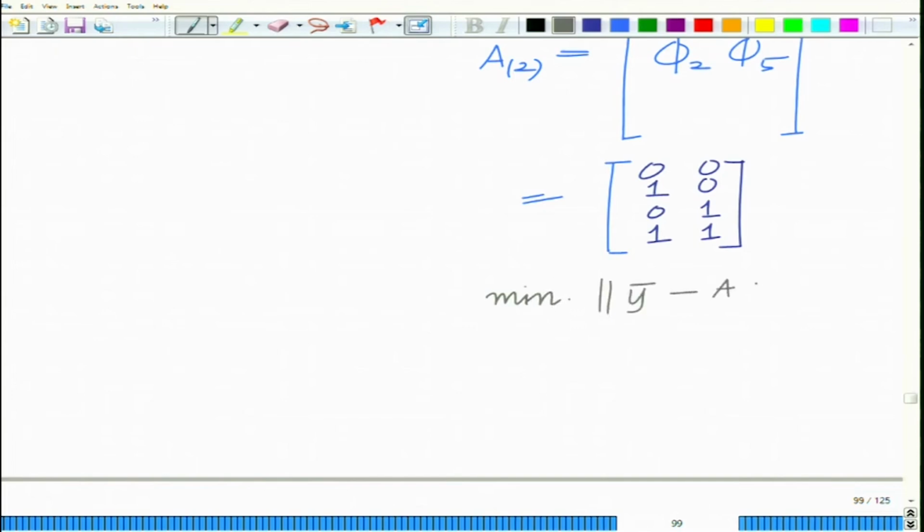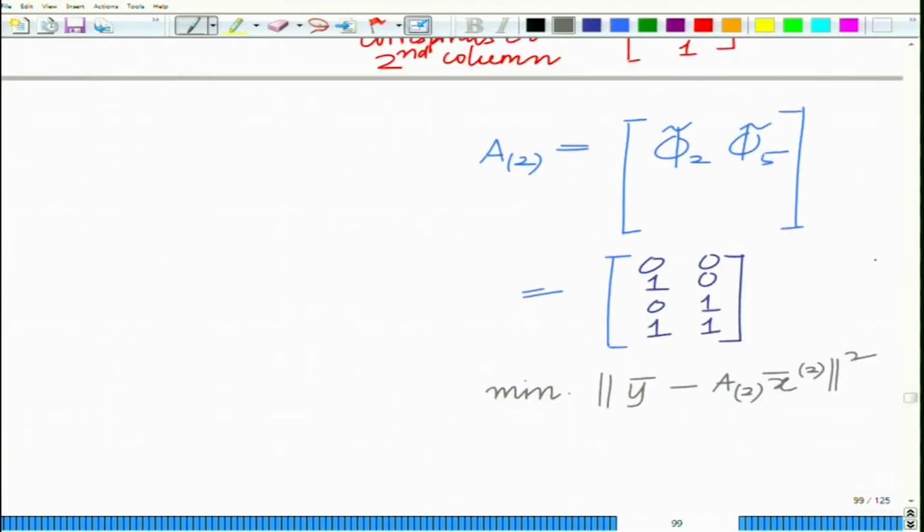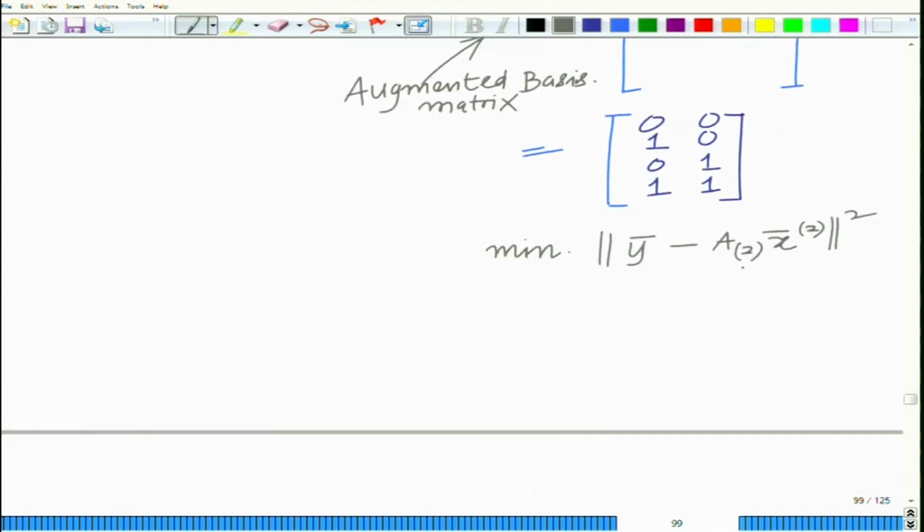norm y bar minus A2 x bar 2 whole square. This is the least squares problem. Remember, this is your, you can call this the augmented basis matrix, okay. And once you solve this least squares problem, what you get is x hat 2